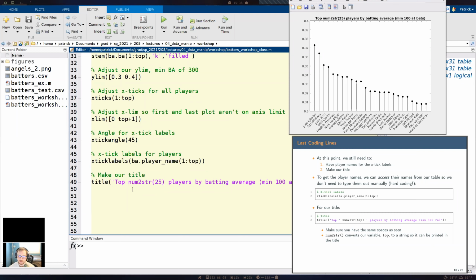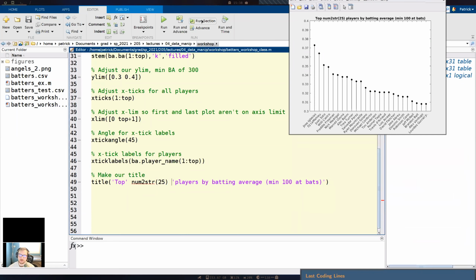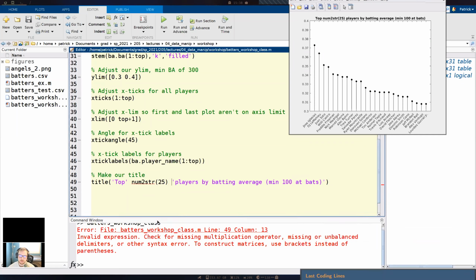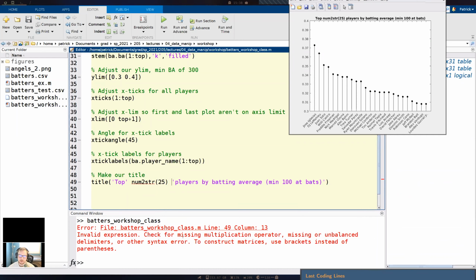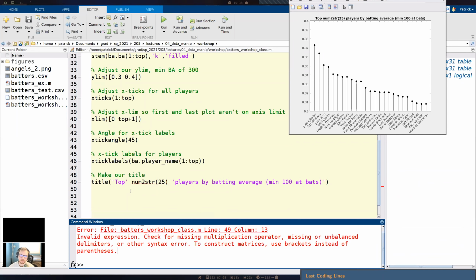So to do that, we need to close out of these single apostrophes. Okay, and now Matlab is going to attempt to look at this as a function. If I run this right now, we're still going to get an error here. Okay, so it tells us that there's something wrong with our parentheses. Okay, it even says use brackets. It's not a great error message, but it gets us started.